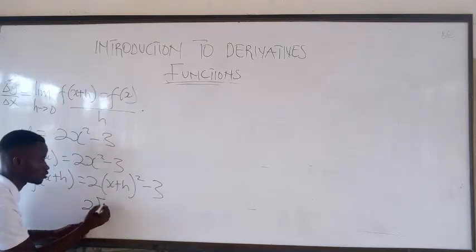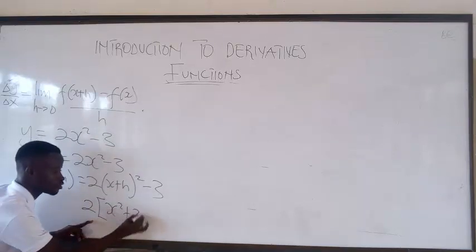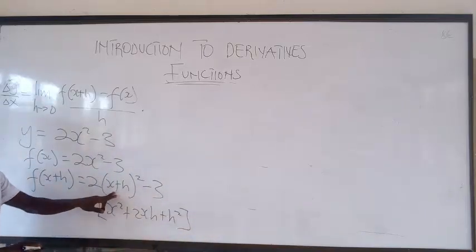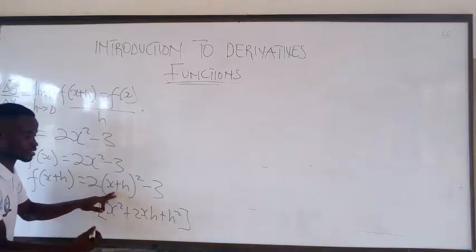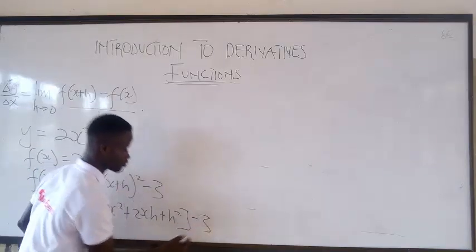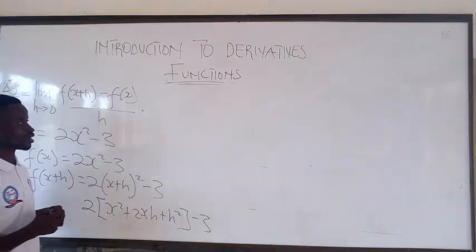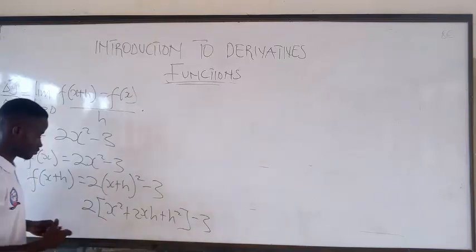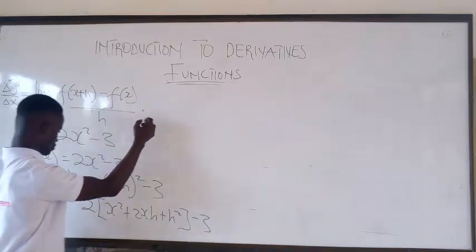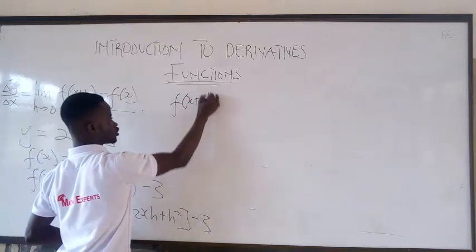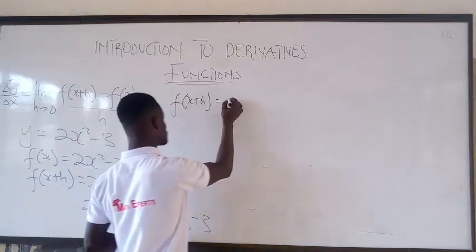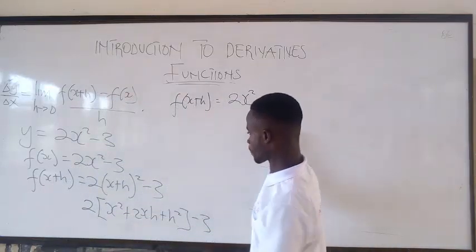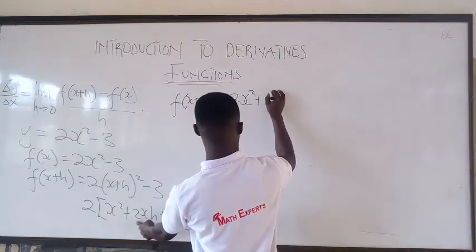This one will come out. So here, x squared plus 2xh plus h squared. You can choose to write it 2 times and multiply it. You get the same thing. Alright, so here we can continue with it by getting the f of x plus h to be, we are just multiplying the 2 inside, okay? So we get 4